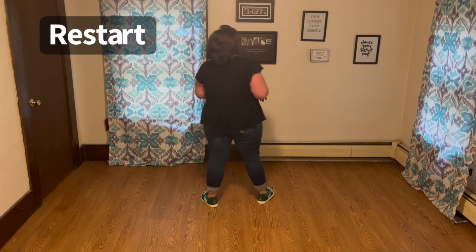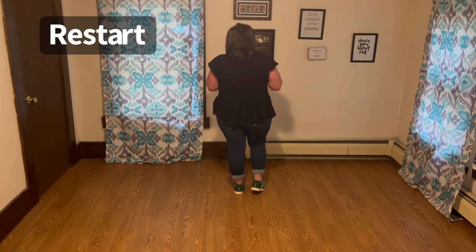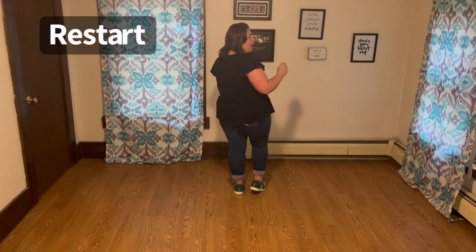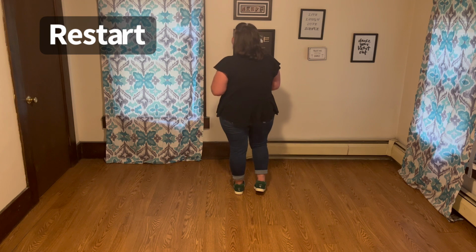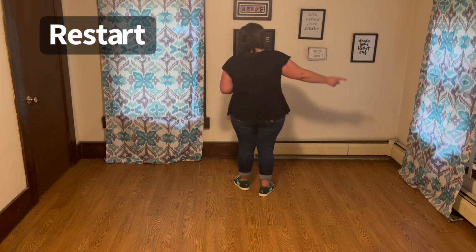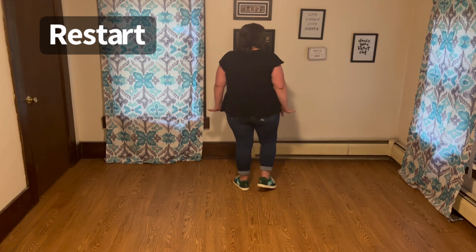Weight's going to start on your left foot. When we go around on the front or the 12 o'clock wall and the 3 o'clock side wall, I will be doing steps. And on the back wall or the 6 o'clock wall and the 9 o'clock side wall, I will be doing counts. Weight starts on that left foot. You're starting with your rock to the right, side rock,